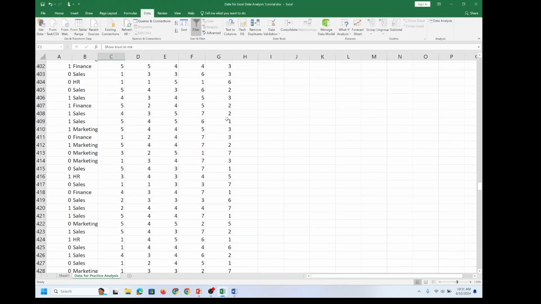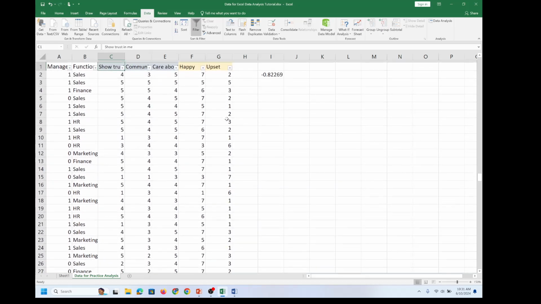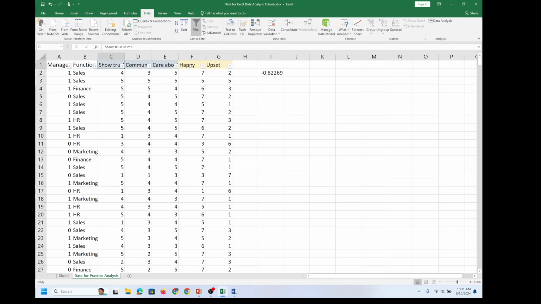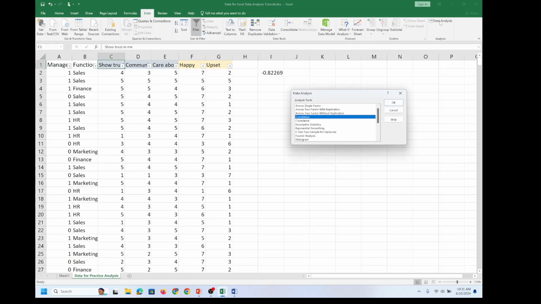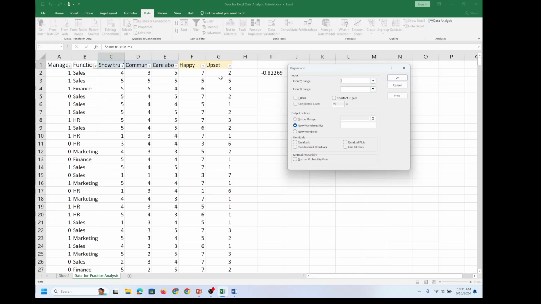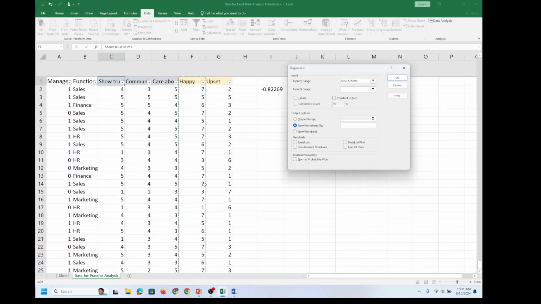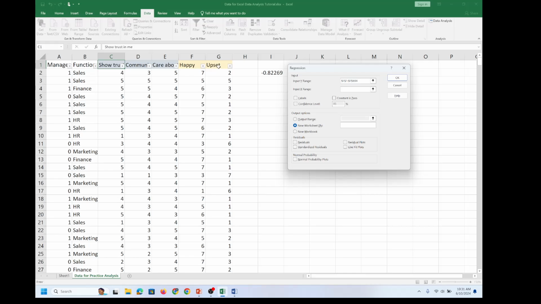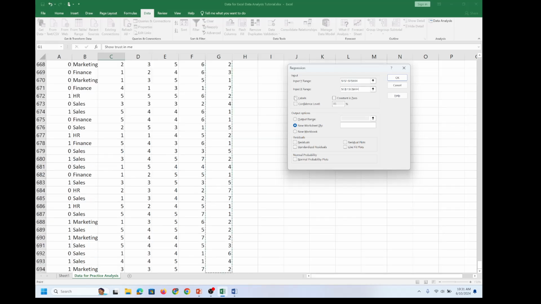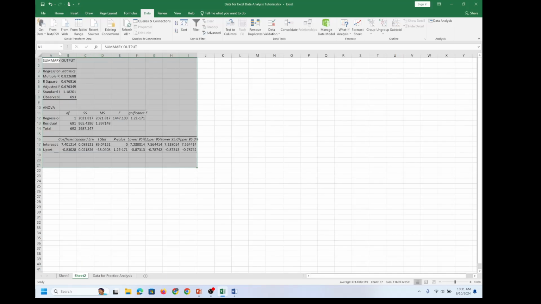Let's do the correlation between happy and upset again, but using that regression option. So I'm going to go to Data, Data Analysis. I'm going to scroll down to Regression. I'm going to click OK. X range, I'll put as happy. So I'm going to start with happy here, go all the way down. And then for the Y range, I'm going to do upset all the way down. I'm going to check the Labels box and click OK. Okay, so